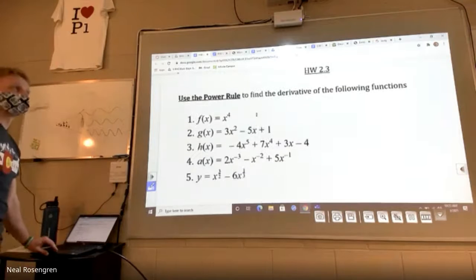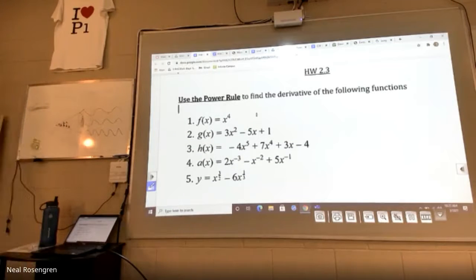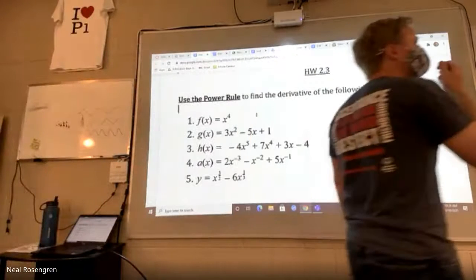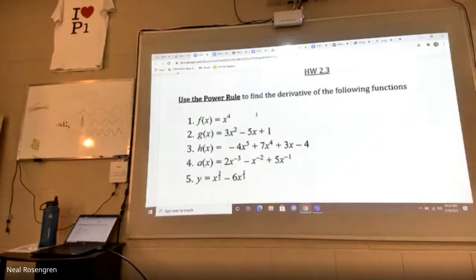Now this is not in your guided notes, so you might want to find a separate place to, and it won't take very long, quickly work through these 5 derivatives using only the power rule. We're going to do the same thing every time, but when we get to something like 4, 5, where things just look a little different, we'll talk about what we're going to want to do with some of those